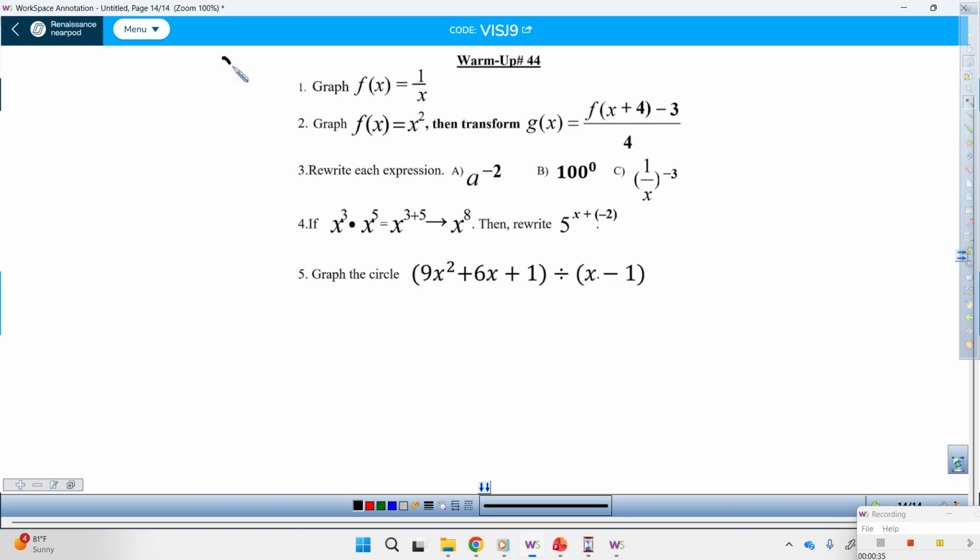For that one, we needed a table x, f of x. And we use -2, -1, 0, 1, and 2. So if we substitute -2 here, it's -1/2. If we substitute -1 here, -1 divided by 1 is -1. If we substitute a 0 there, we can't have 0 in the denominator, so that's undefined. If we substitute 1 is 1. Substitute 2 is 1/2. So to graph that,